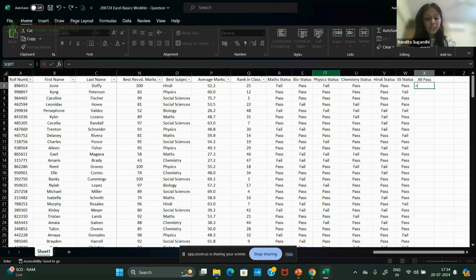There is a neat function called COUNTIFS. Count ifs, sorry, I have made a typo. Count ifs, if I pass this entirely,